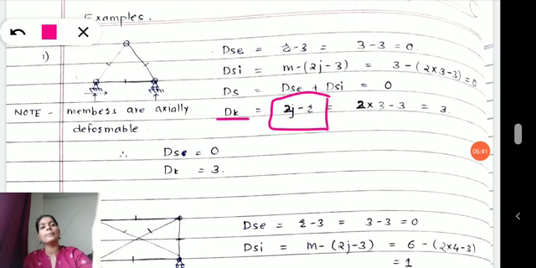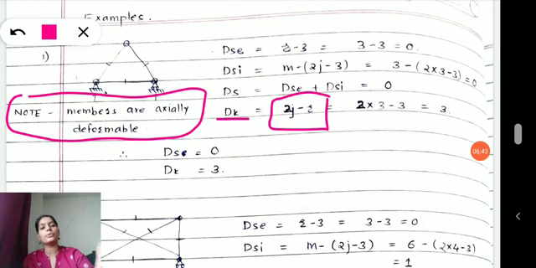But see here, below the question I have written a note, and the note says that members are axially deformable. So in the question, along with the diagram, they will provide the necessary data where you can find whether the member is axially deformable, indeformable, or rigid. You can get that data with the figures in a question. Here, as they have said, members are axially deformable, that's why I have used the formula 2j minus r, where j